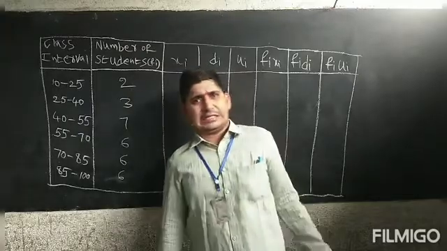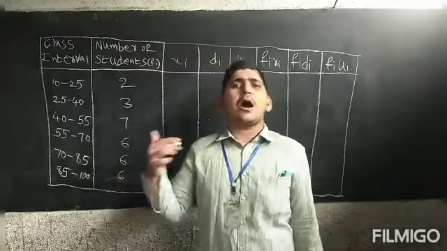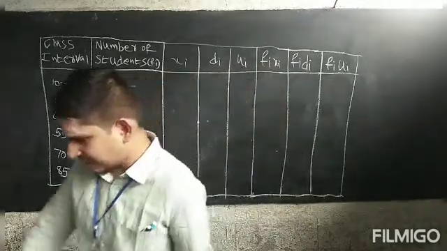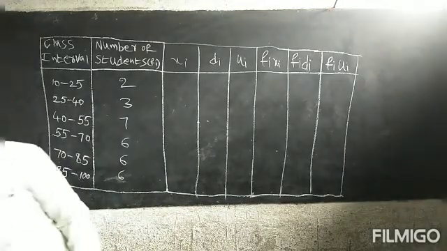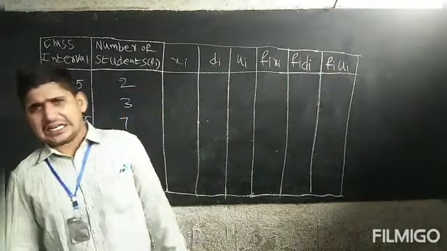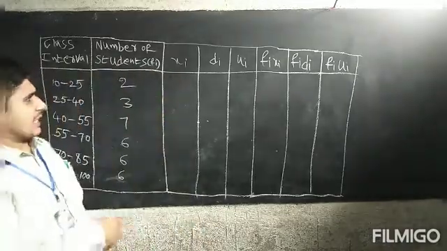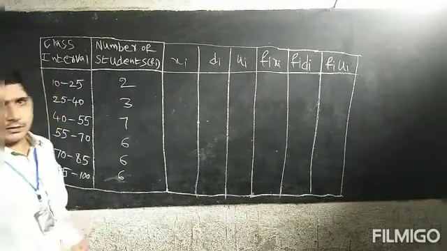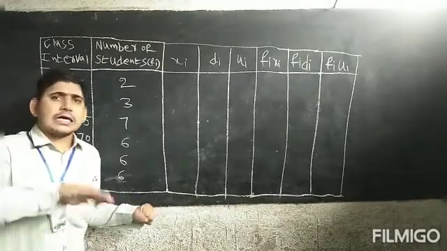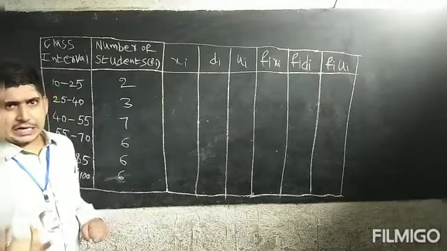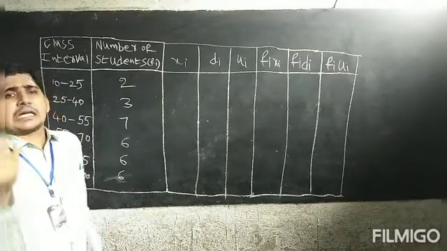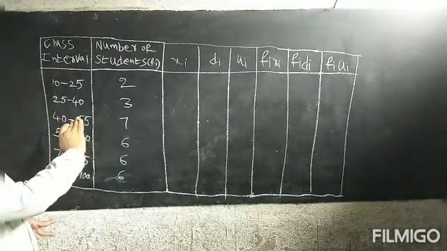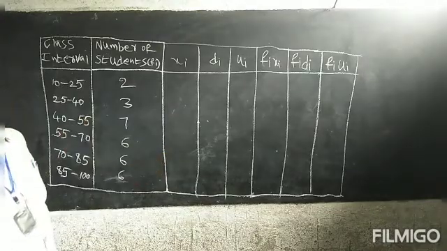Today we are discussing another problem on all three methods. See page number 331. In that, the class intervals and the frequencies are given. Now what you have to find? You have to find the mean value in all the three methods: the direct method, the assumed mean method, and the step deviation method. Further we have to come up with this table, then only we can get it.